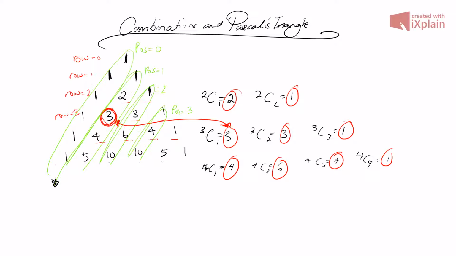So when we have a look at this 3 here, this is row 3, position 1. Let's have a look at a different value. Let's have a look at this 6 here. This 6 and this 6 match up. This 6 is in row 4, position 2. So that means you can get a general rule: